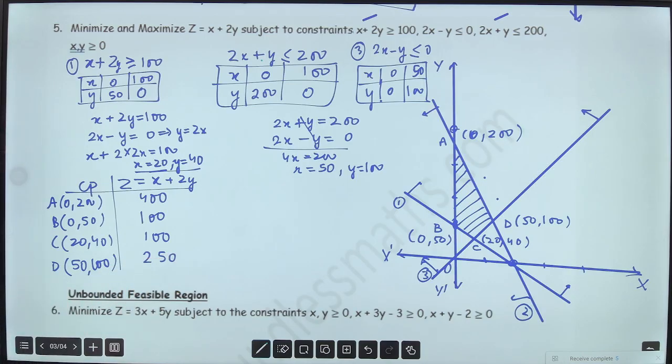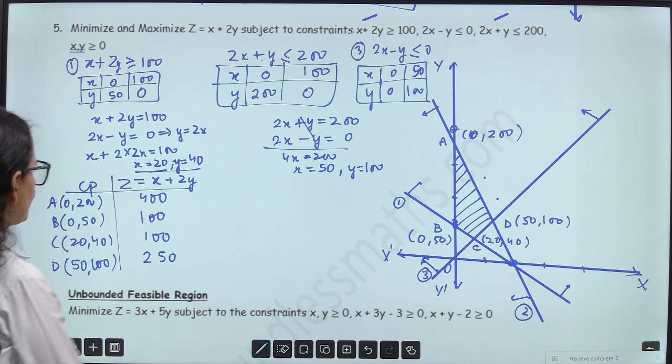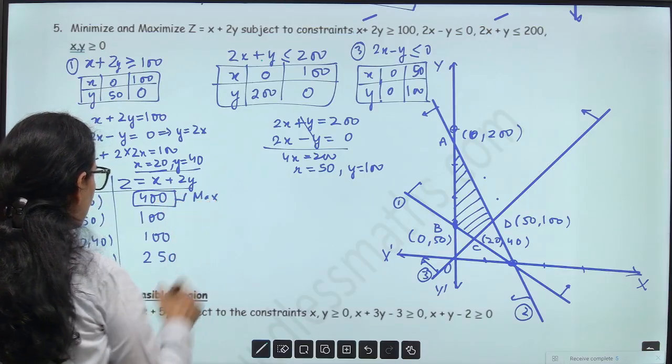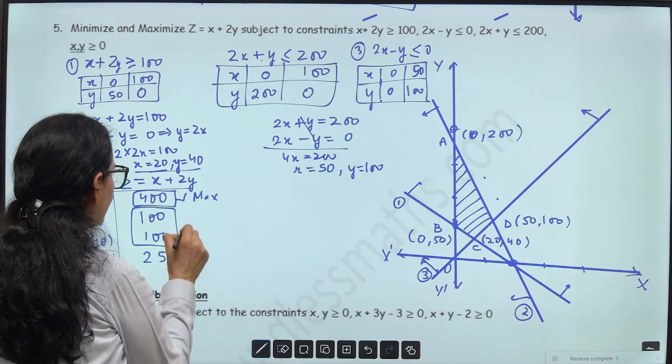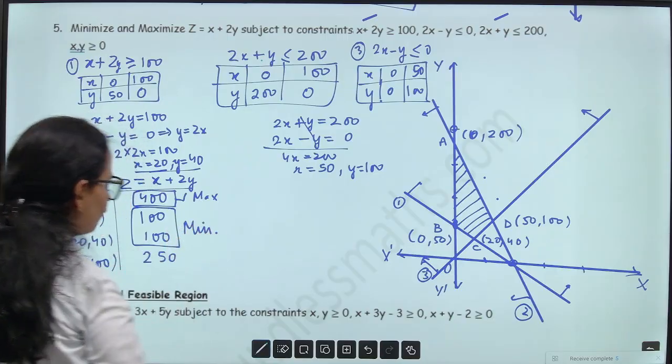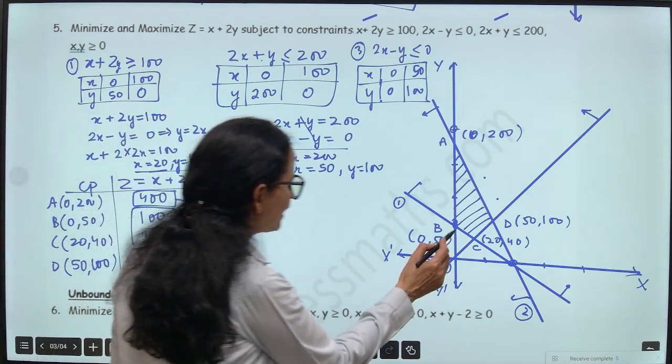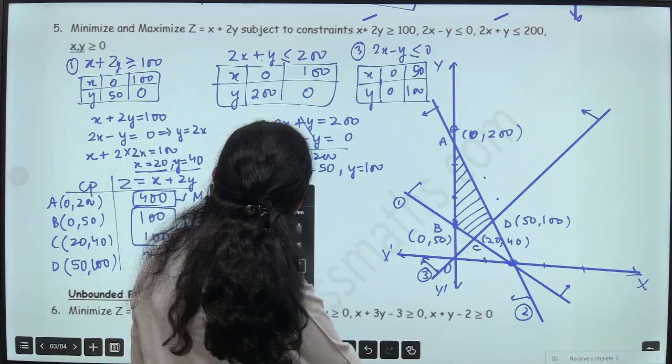Now the objective was to maximize as well as minimize. So what is the maximum value here? This is the maximum value. And minimum value, we have more than one minimum value. Now what do we do? How do we write the answer? Where are the minimum values? B and C. So that means this area between B and C,